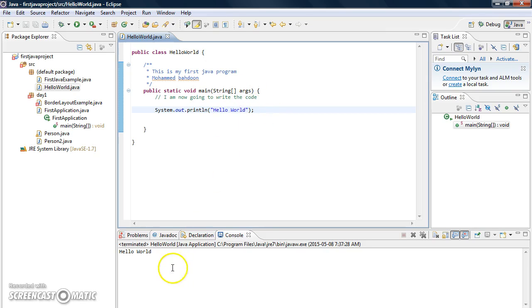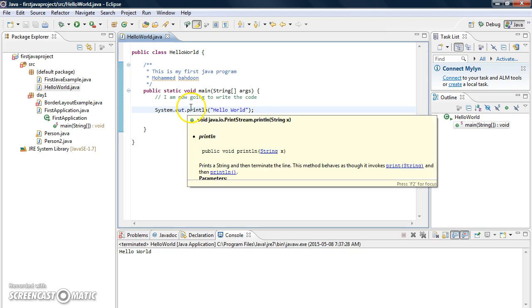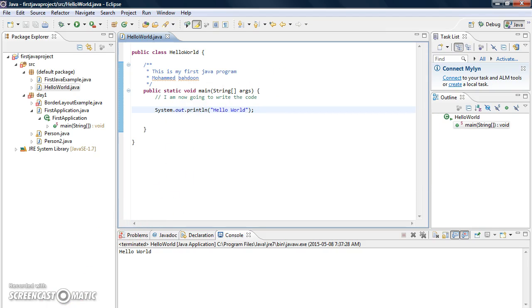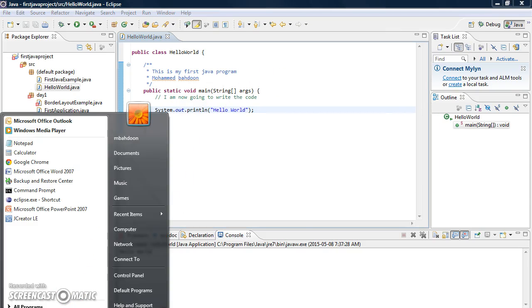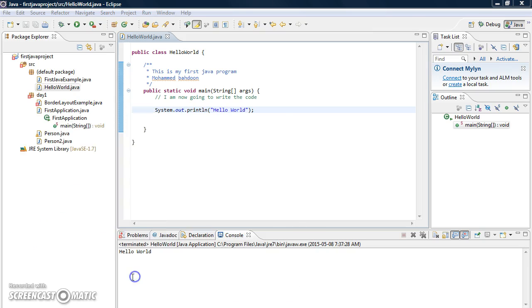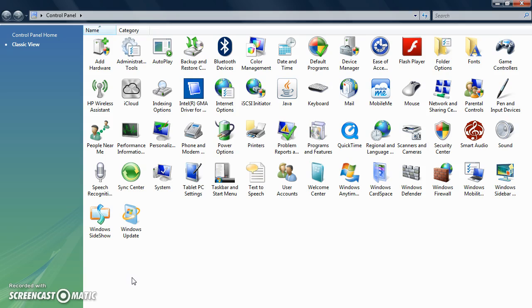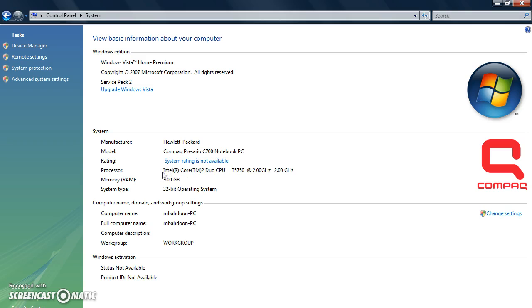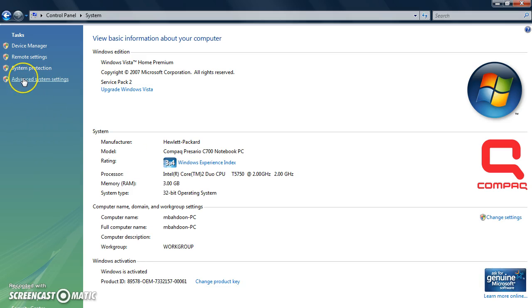So I'm going to show you how to run this little program from the command line. First we have to tell the computer where to find the Java program. So you go to the control panel, and then you go to system. I'm using Windows 7 by the way. Then you go to advanced system settings.